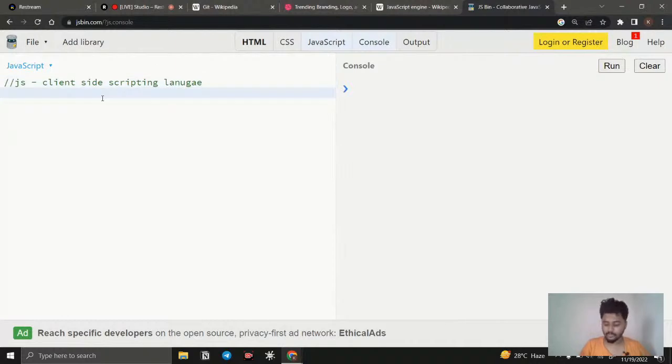What it will do is manipulate the HTML and CSS. If someone clicks this, change the H1. If someone clicks the button, change the background color, like the theme switcher, dark theme and light theme. How is it happening? JavaScript. If someone clicks this button, you need to change that, like that. And how is JS doing that? JS speaks with the browser by the help of the JS engine.